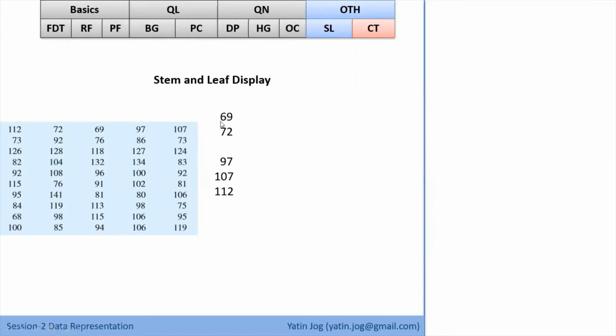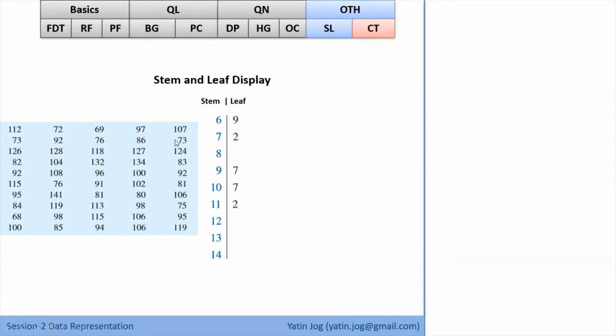In this case, we always consider the unit place as the leaf value, and the remaining portion of the numbers as the stem. So I'll draw a line between the unit place of the values and the remaining portion of the numbers. The left hand side becomes my stem and the right hand side becomes my leaf values. Because my max value is in the 140s, I'll have blanks for 120, 130, and 140. This is the stem and leaf representation for only the first row, with these 5 representations for the 5 values.